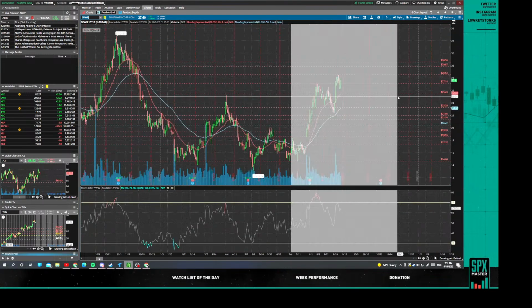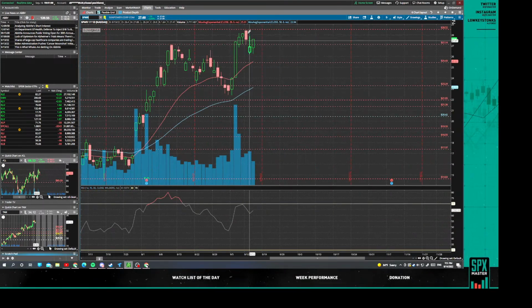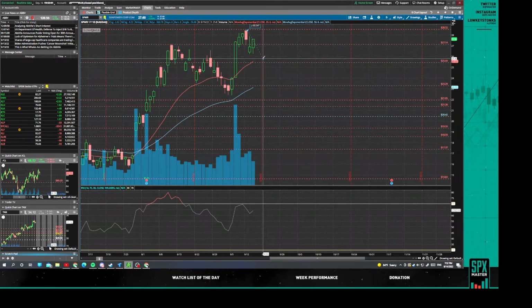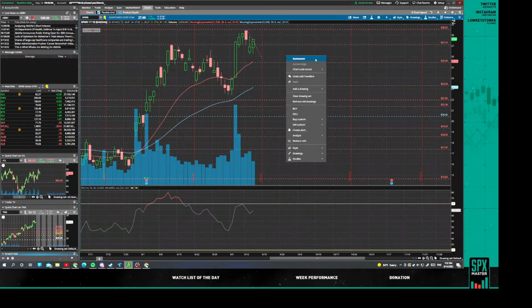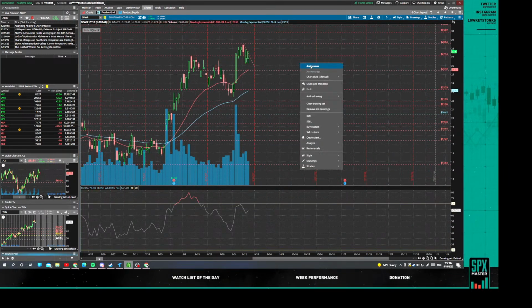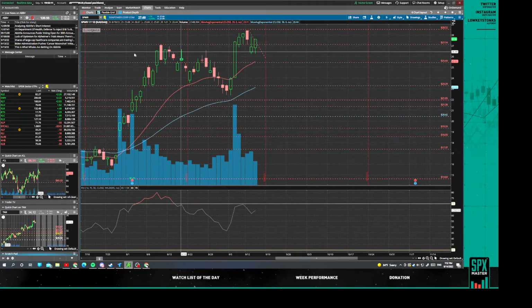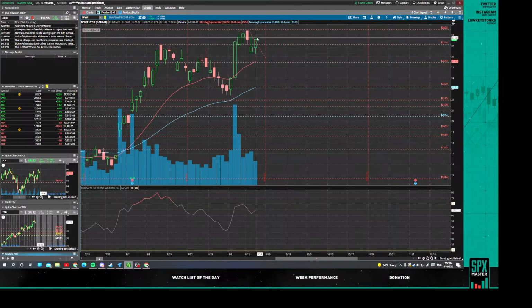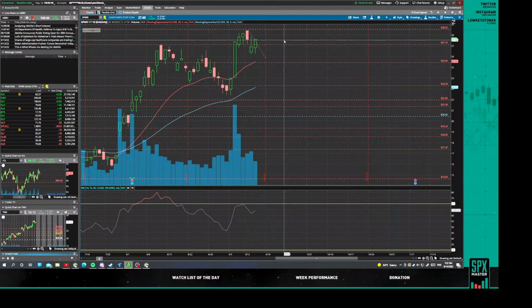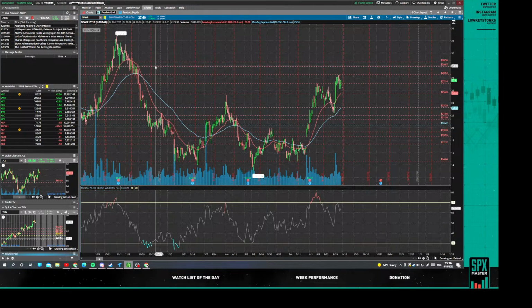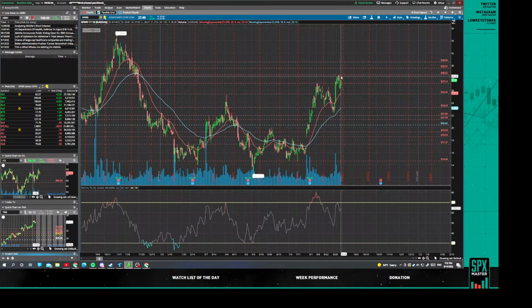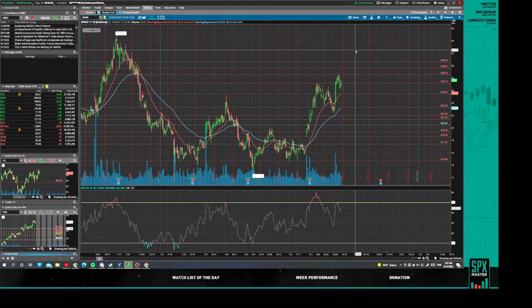SPWR as well, looking like a bull flag, possible breakup of it soon. I see a little more range into it than, let's say, Enphase. Enphase is a little crazy, but I could see SPWR going a little higher, going off of this bull flag right here. So basically, this is almost an inside candle breakup of it. I'll be looking to this high, and if that breaks, I'll be looking into the next area high around right here. So there's a little bit of room on SPWR, some power, and FSLR